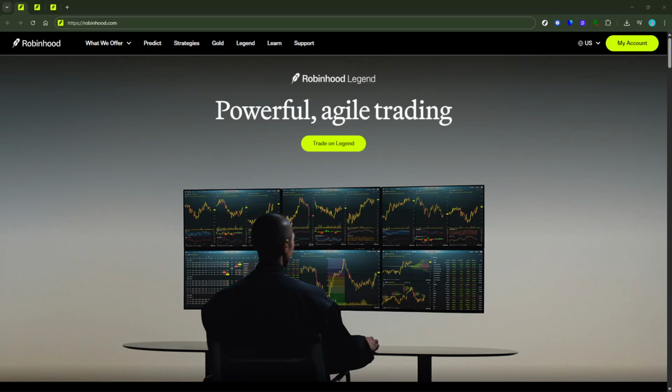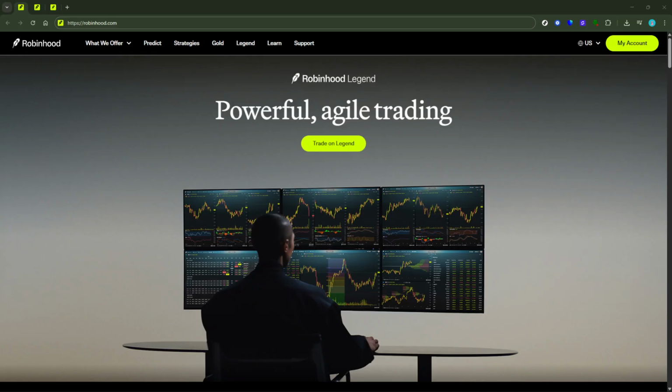In today's video, I'm going to teach you how to place an order directly from a stock chart using Robinhood Legend on your PC. If you're new to this feature or want a smooth and efficient way to make trades without having to constantly flip between screens, this guide is perfect for you. We're going to walk through each step together, making sure you know how to confidently submit orders right from the